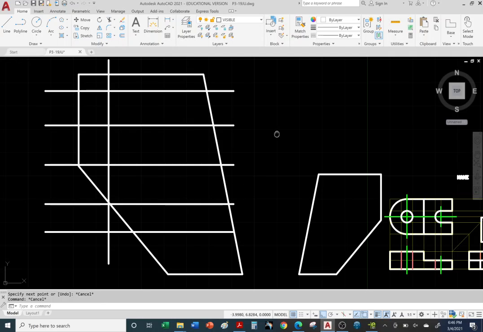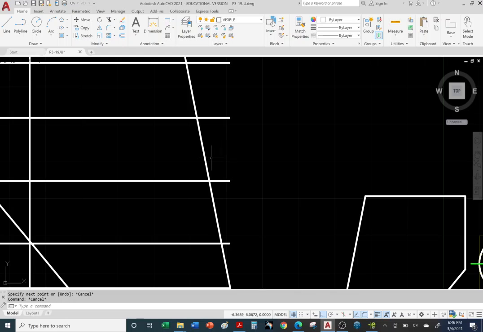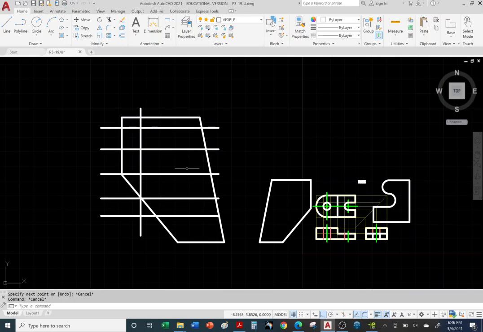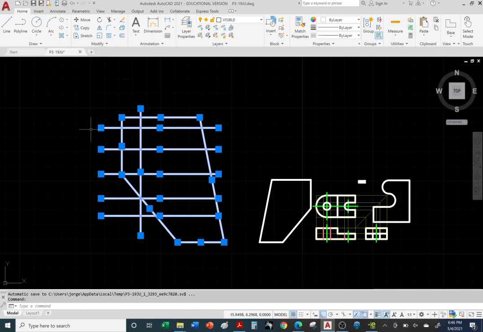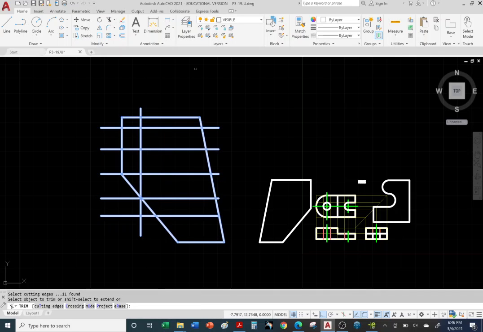Okay, so we're going to do some trimming. To trim, one thing we can do is pre-select everything. It's one option. We can say, hey, I want to select everything. I'm going to turn everything into a cutting element, so I can pre-select and click on trim and remove the